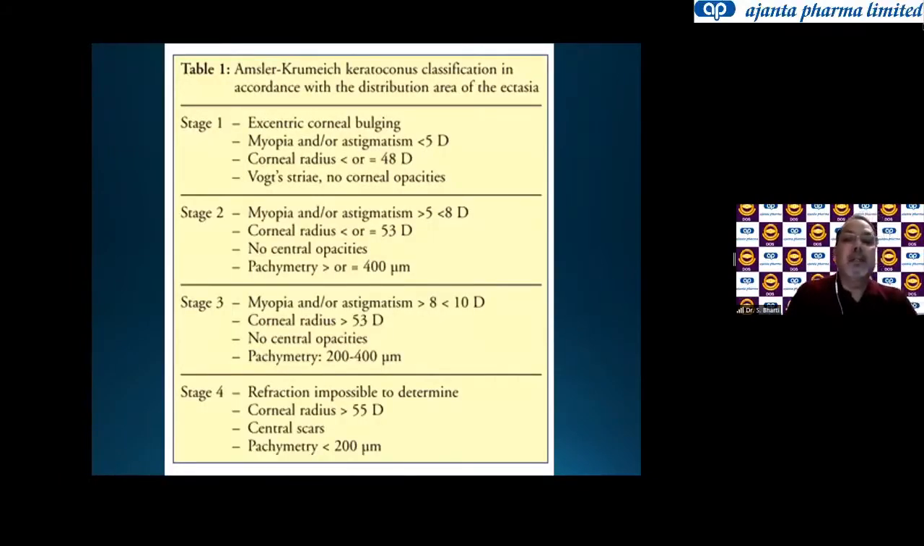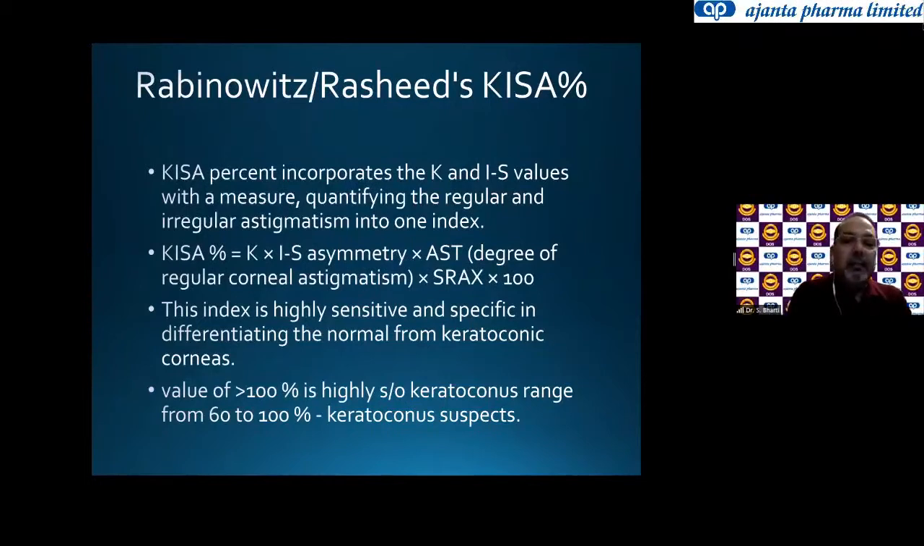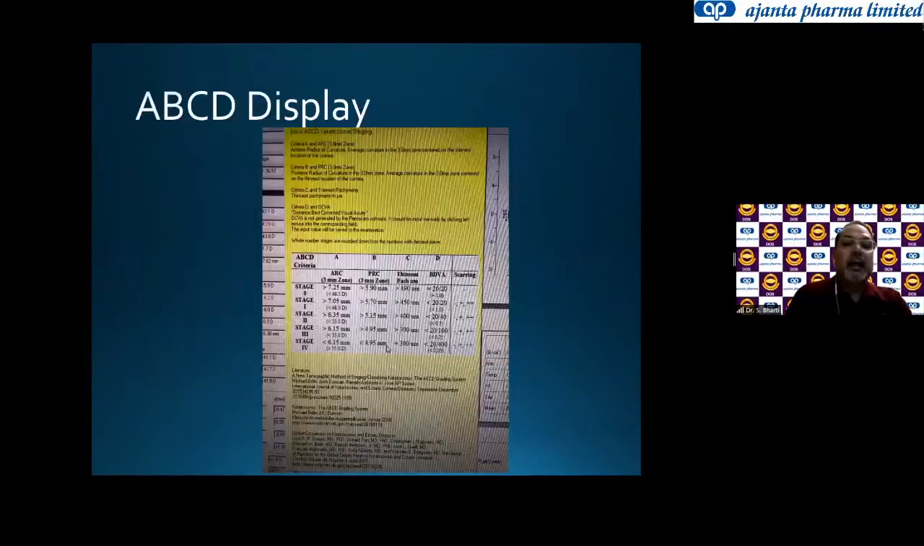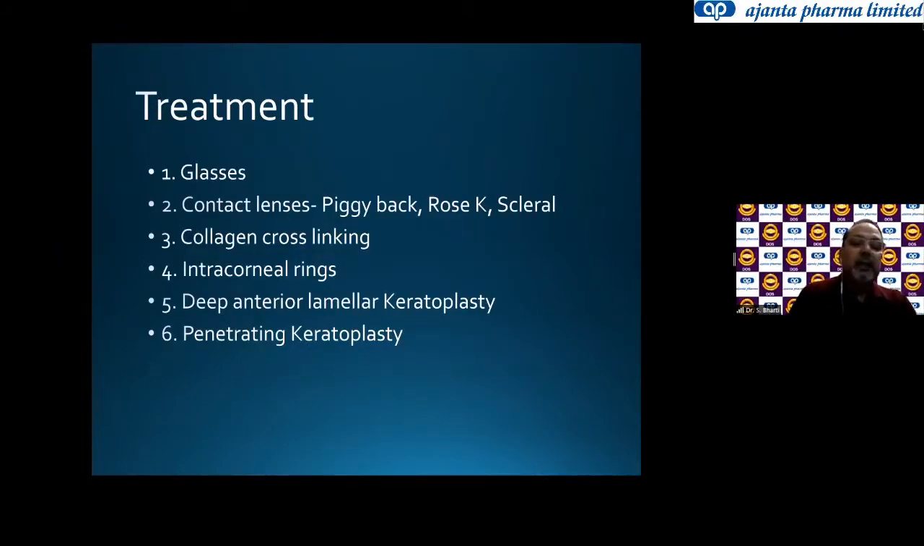But then the Amsler-Krumeich keratoconus classification, according to the distribution area of ectasia, is again very, very much better, and stages as you can see here. And then more advanced studies went into KISA percentage. It's the keratometry and I-S values with the measure quantifying the regular and irregular astigmatism, and a value of 100% of KISA percent is highly suggestive of keratoconus, and 60 to 100% is keratoconus suspect, and below it they are all normal. Then ABCD display is already discussed by Dr. Rajiv amply. So the treatment comes with glasses or contact lenses, intracorneal rings, deep anterior keratoplasty,